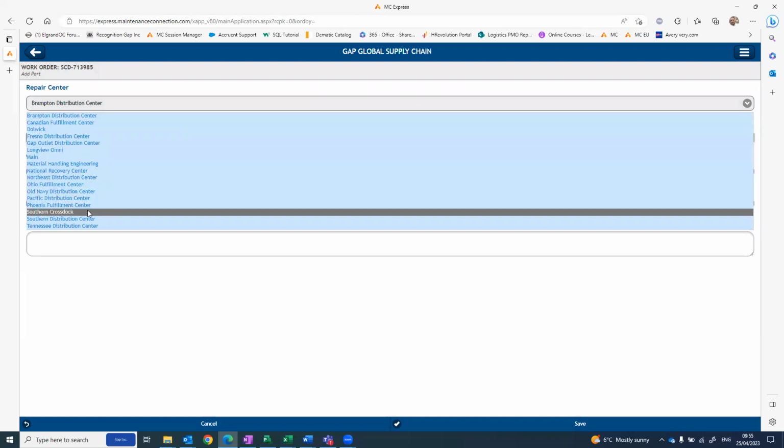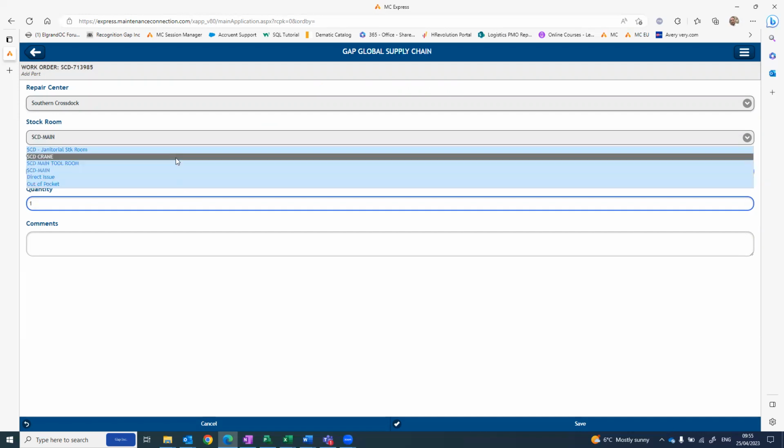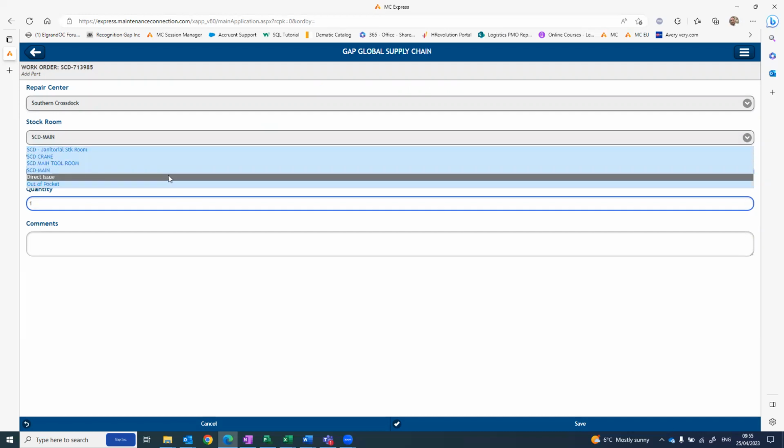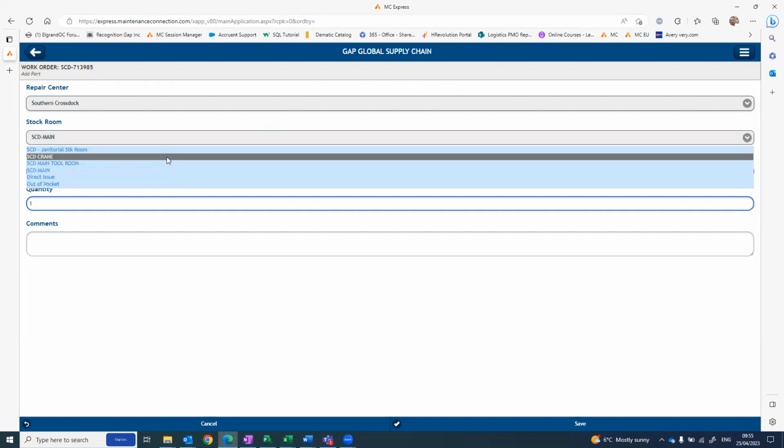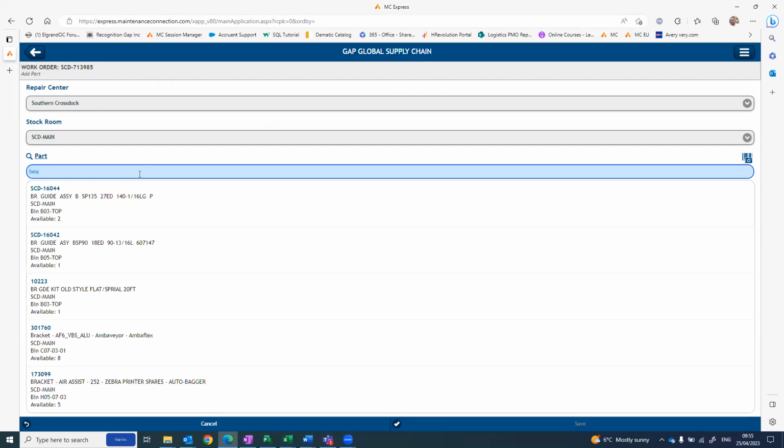I'm just going to select some crossed off because that's the site I'm at. So you get the option to select whichever storeroom it's in. So I can select the main, if it's in the crane storeroom. So I select main, and again, let's just see, something comes up. Nothing comes up there, but you can just start typing something in, like let's type in bearing, for example, and you can see I'm getting options